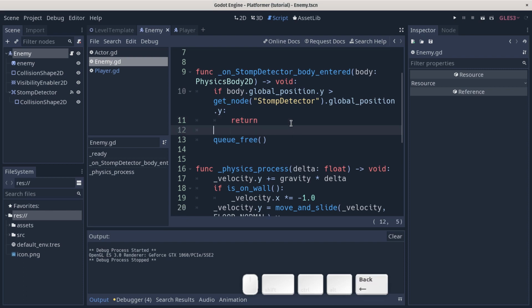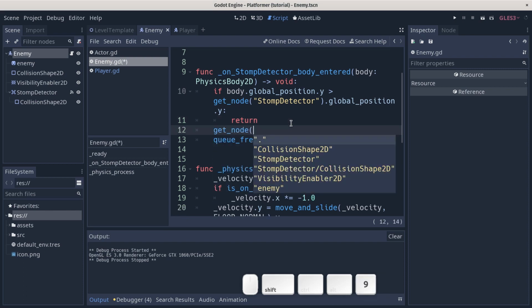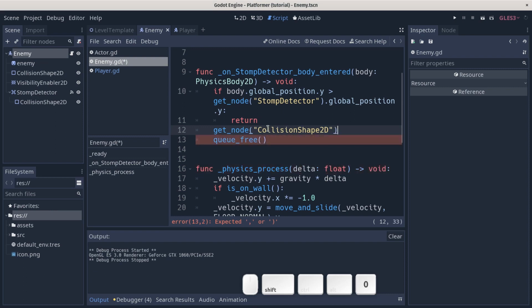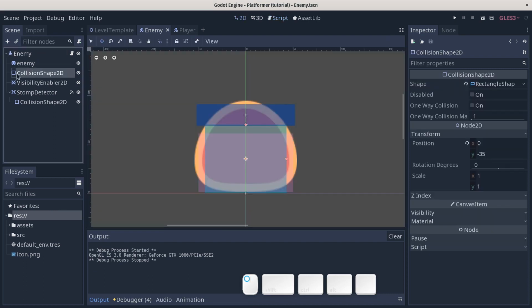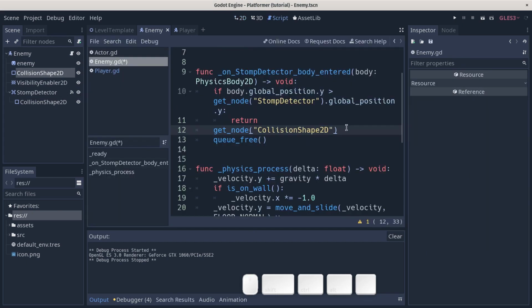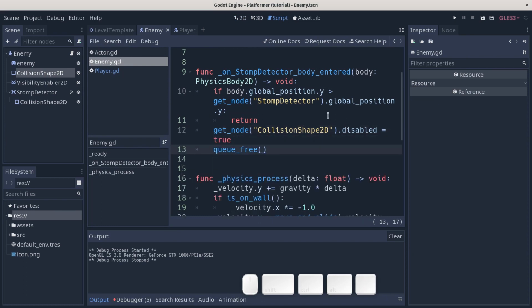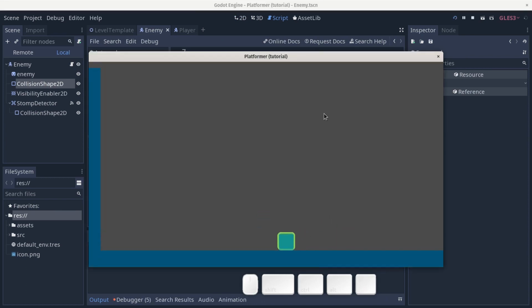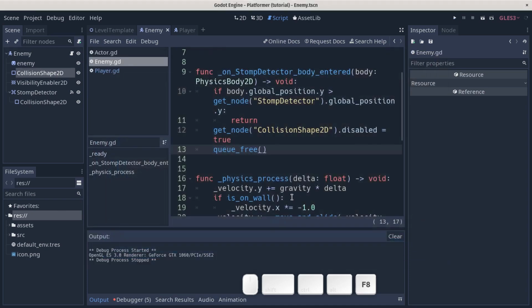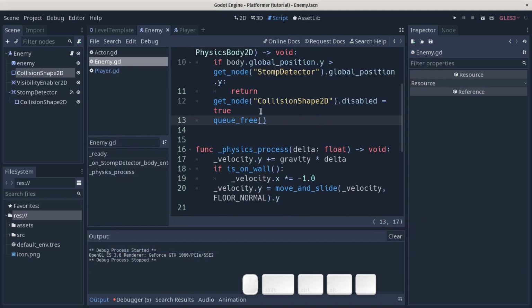So an extra thing we can do here is call get_node. get_node is a function to get access to one of the nodes in our tree. So we're going to get the CollisionShape2D. Okay, we're getting that CollisionShape2D node, and we're going to set that disabled property to true so that the enemy cannot be collided with anymore. So dot disabled equals true. And with that, when you jump on the enemy, you should not be able to collide with it. We'll have to check if this works as expected